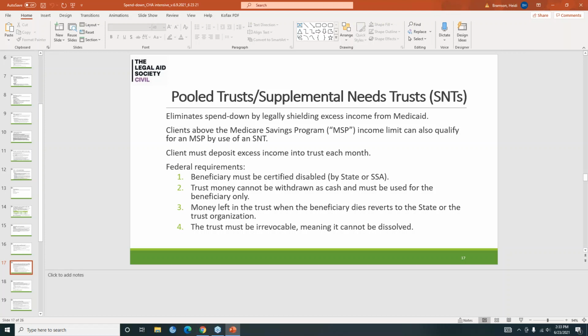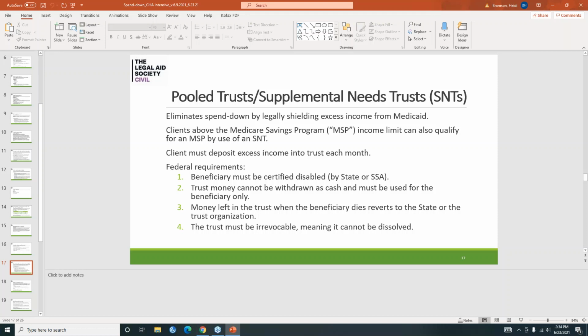There are certain federal requirements that the trust has to fulfill. A beneficiary has to be certified disabled. Again, that can be by the state or by the Social Security Administration. Trust money can't be withdrawn as cash, which is important to tell a consumer who's thinking about opening a trust. And the money in the trust can only be used for the beneficiary.